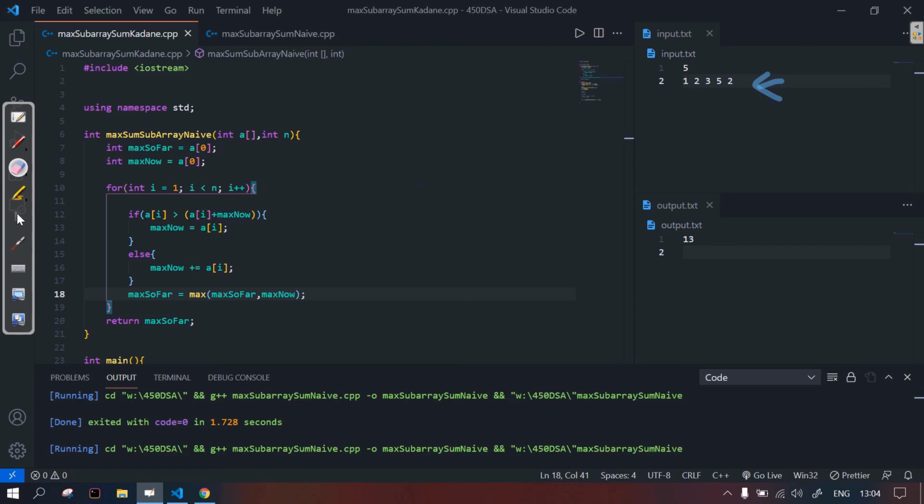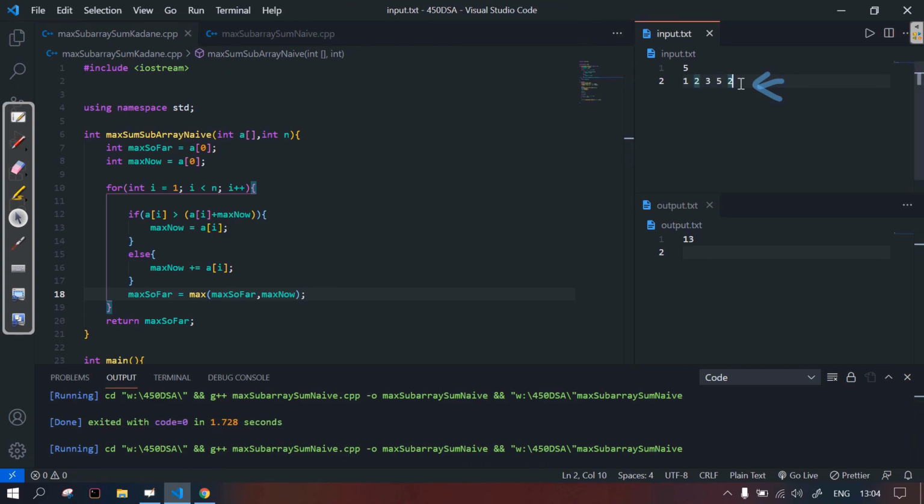Now let's actually run this particular test case. This is a simple test case. If you run this, then you are going to get 13 only. Now let me take another test case. If you run this, what will you get? You will get 12, because we will not include this -1. When we get to this 2, it will start its own subarray, because it will not add with this -1.